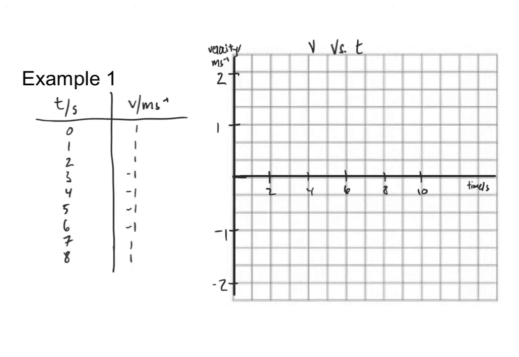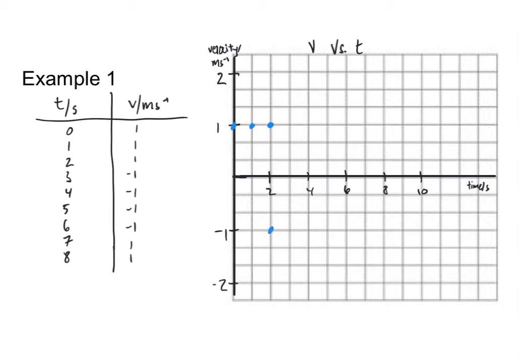Okay, so to save you guys a little bit of time, I have written my table to the left, and I have constructed my graph on the right. And you'll notice, again, both my table and my graph have appropriate labels, units, and titles. So I'm ready to construct my velocity time graph. So for my first 2 seconds, I am at 1 meter per second. So first second and our second second, I'm going to put my dots at 1. And then for seconds 3 through 6, remember I'm going to start at 2,